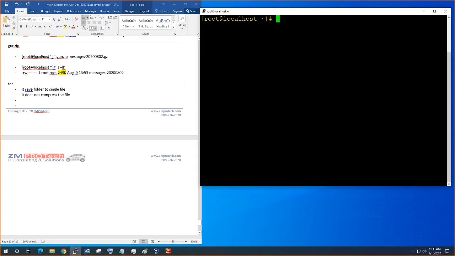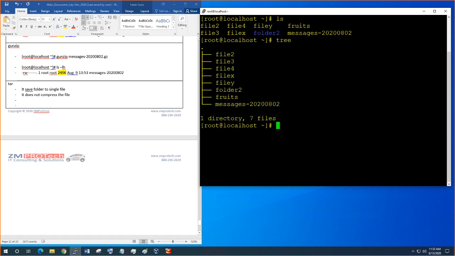So what you do is you do ls here, and then let's go into folder 2. What do you have in folder 2? Okay, nothing is under folder 2. So I'm going to move some files into folder 2. Okay,